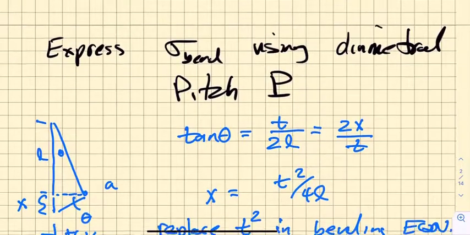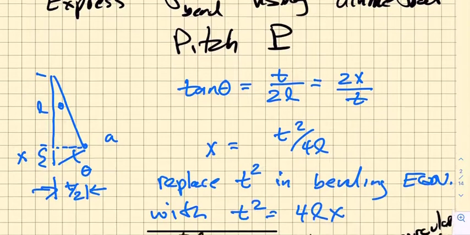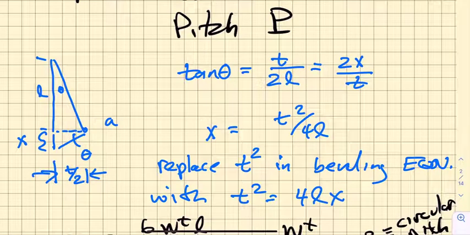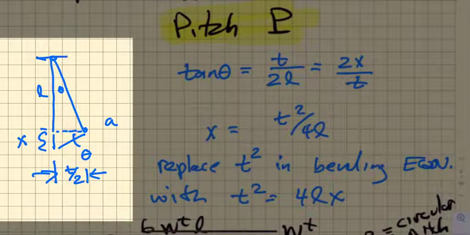Now we want to express all of these bending stress terms in terms of things such as the diametral pitch. And so we're going to go through a sort of mental gymnastics to get there. We're going to draw some lines from the top land of the tooth, coming down a depth L, and we're going to proceed a little bit further to a depth x by looking at the intersection of that line down the center of the tooth with the normal to the fillet radius